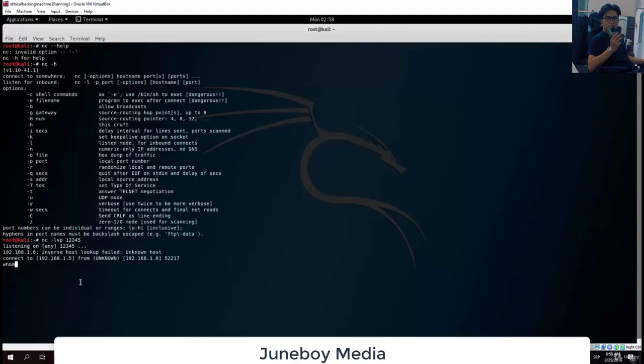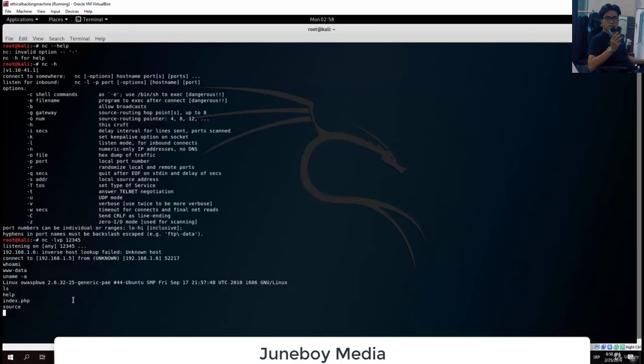So if we type here whoami, you will see that we get the output www-data. Type here uname -a. We can see that we are currently running commands on the Linux system. On our victim system, we made a reverse connection. We made it connect to our own Kali Linux machine, which basically means we exploited it, since now we can